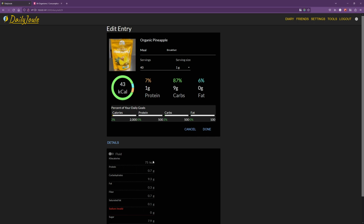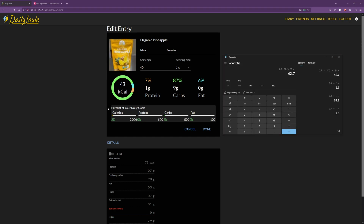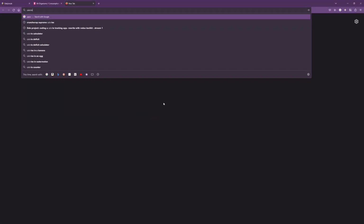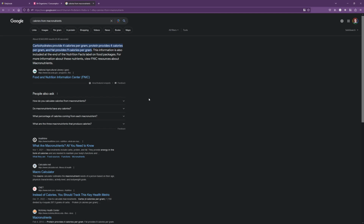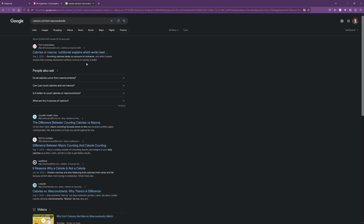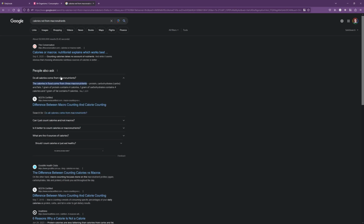But the label says that a serving is 75 kilocalories. So it's a bit of a disparity. So what am I doing wrong here? Let's see. Calories from macronutrients. 449. Calories not from macronutrients? Do all calories come from macronutrients? Yeah, they come from 3. So where's the...